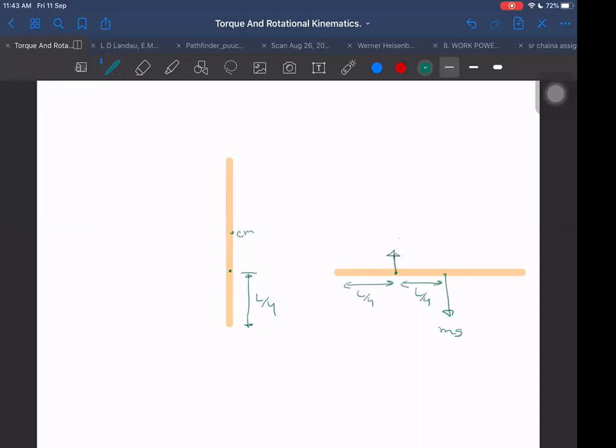Here I want to find the hinge reaction, Ry and Rx. In which direction does this body have acceleration? One acceleration is downwards, the tangential acceleration. The center of mass moves in a circular path, so centripetal acceleration is also there. Then the hinge reaction should be along the left-hand side to make the centripetal acceleration possible. So I can write Rx equals m into centripetal acceleration,